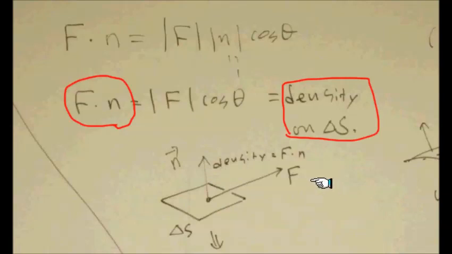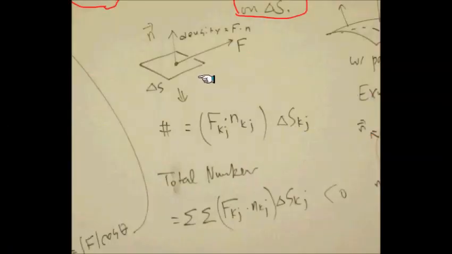So the information is packed into this vector, and this dot product still captures useful information in this setting. So here's what we wanted to compute. If you look at this as a parameterization using the two parameters, then the number of particles that pass through this area per second will be this dot product that measures the number of particles there